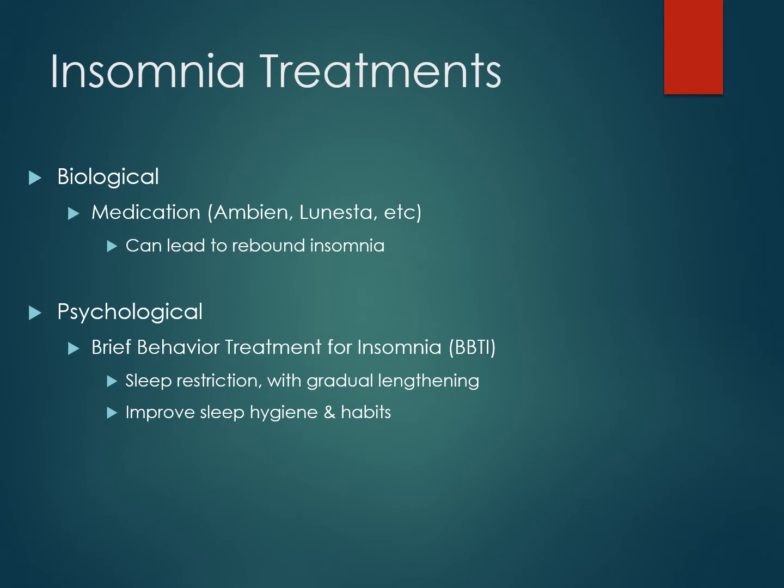The person is then instructed to engage in some low-level activity in dim light, like washing dishes or reading, until they feel sleepy. Then they can get back in bed, and again, they have 15 minutes to get to sleep. Otherwise, they have to get out of bed again. The cycle continues until the person finally falls asleep. However, they still must get up at 5:30, even if they didn't actually fall asleep until 3 a.m. If they don't, this treatment won't work.